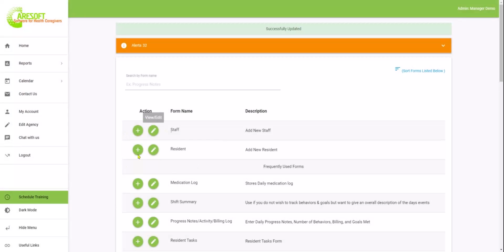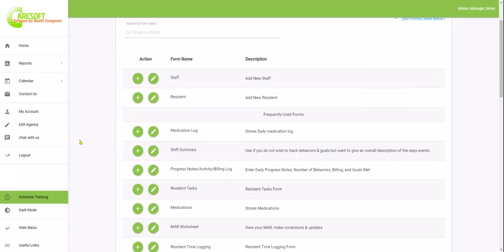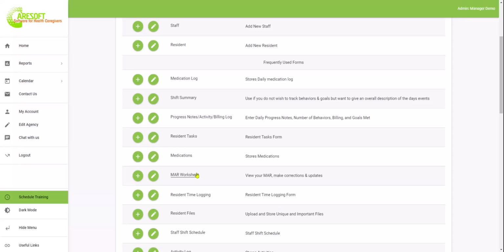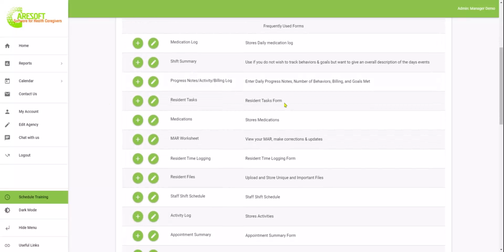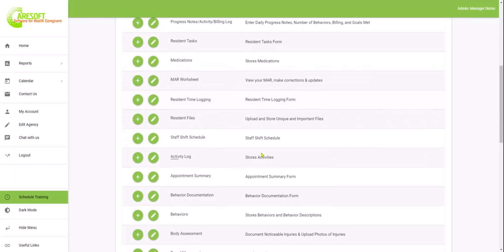All right, so now that we have the MAR, we do have another sheet called the MAR worksheet, which allows you to make bulk modifications and enter the MAR by, for instance, the entire day at a time. This is used when you need to make corrections. I won't spend a lot of time on that. I want to continue moving on here. There are a number of other forms that you can go through. They're all pretty self-explanatory. I'll just point out a couple here that